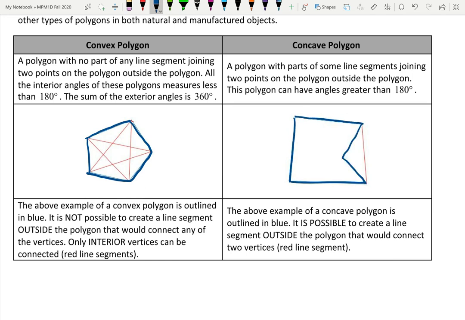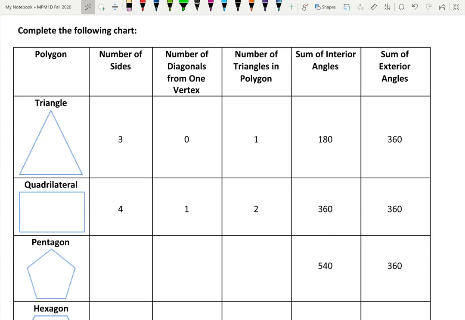And in this type of polygon, you can create one line segment that would connect 2 vertices together on the exterior of the polygon. Okay, another way of thinking about it is the word is concave, and concave means that it caves into its own polygon. All right, so we're going to complete this chart with just some facts about each of these different types of